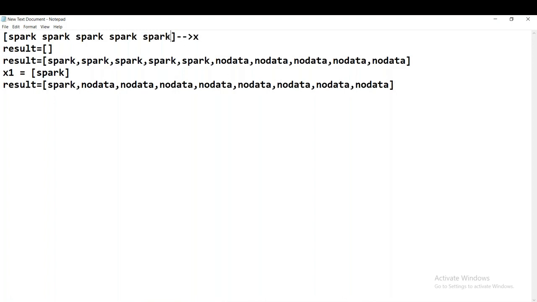Whether the number of elements in the list is 5, or 1 or 2 or 3, whatever it may be, we are trying to fix it to 10. Okay, is it fine, guys? Do you have any questions on the requirement? First you have to understand the requirement, then only you can understand the solution.